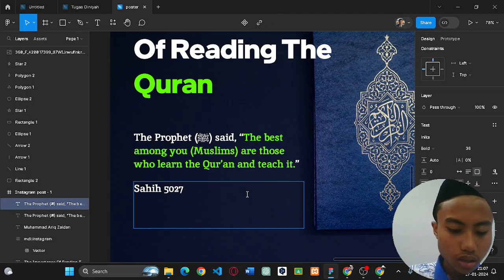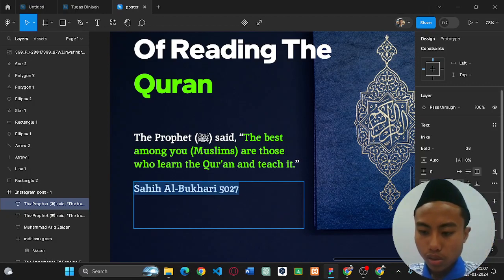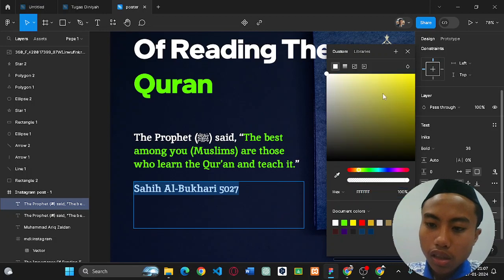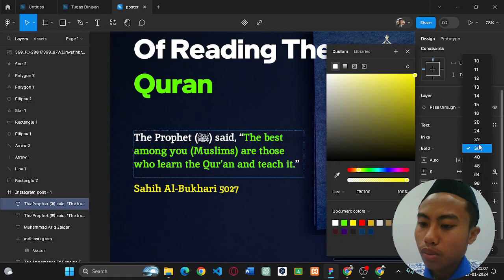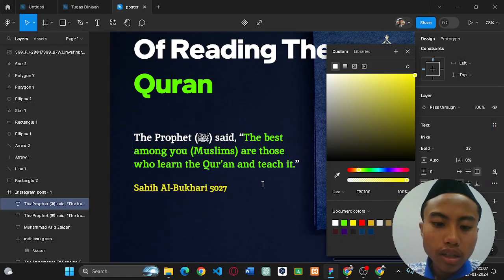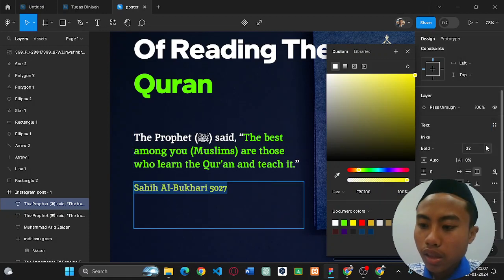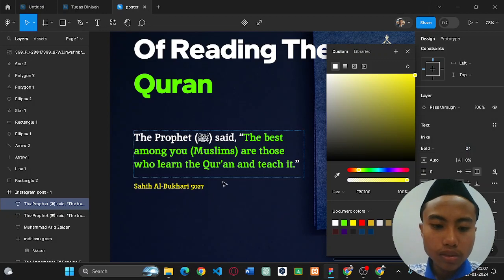You can go Sahih al-Bukhari, and then you can change the color like this, and then you can resize it. Salam. Okay, you got that text, and then you have this.